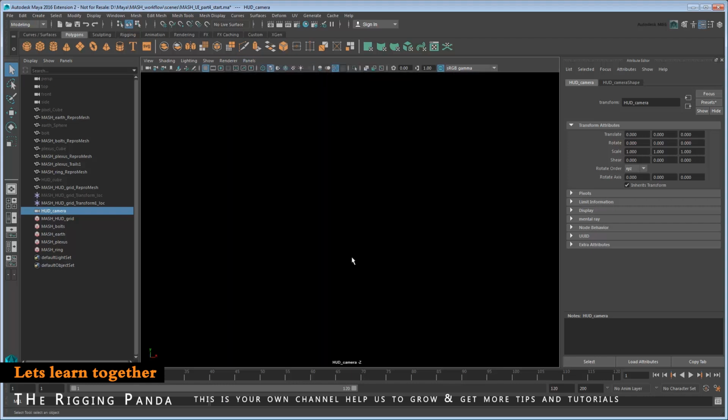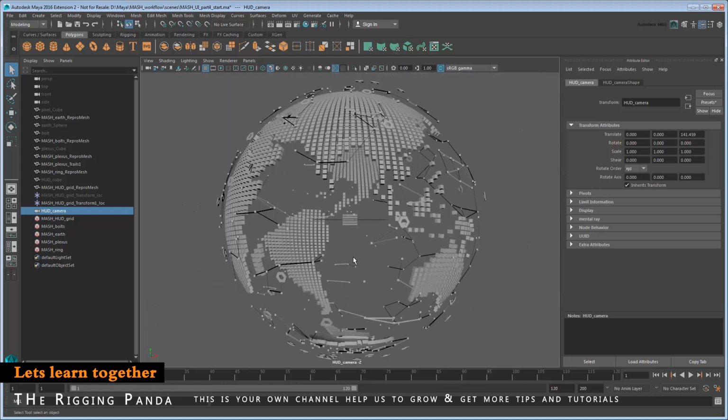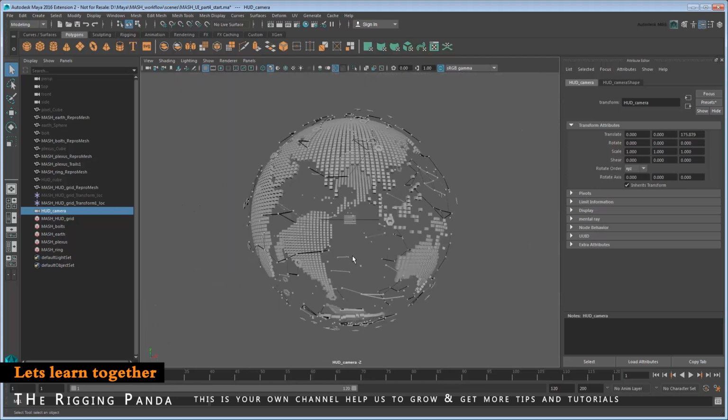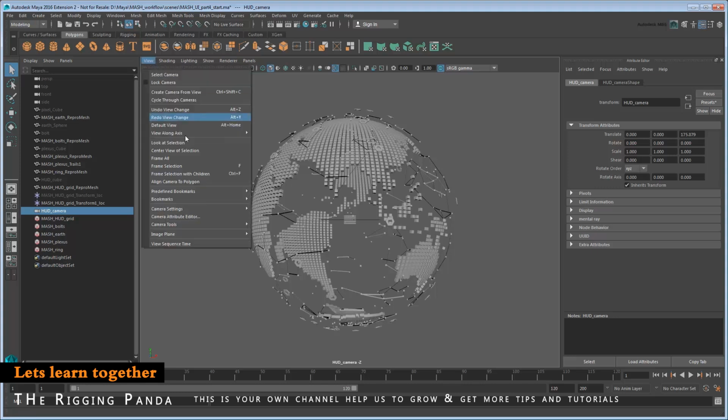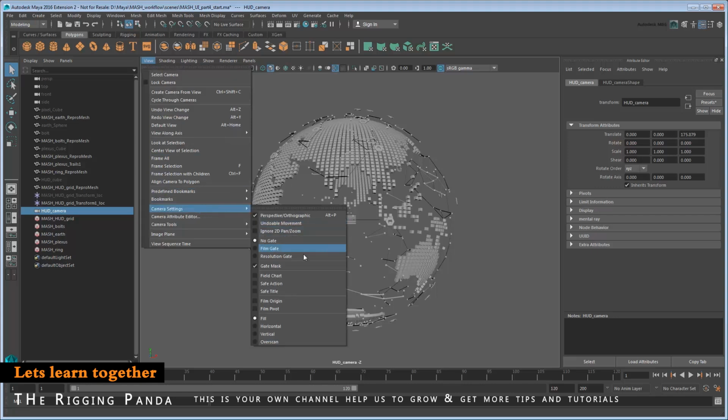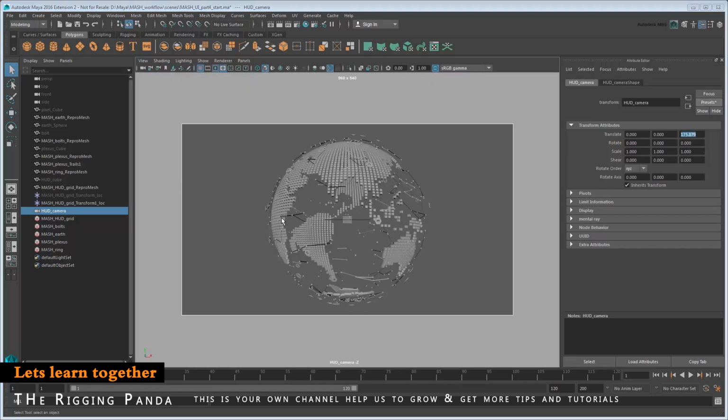Look through the HUD camera, then pull it back until it frames the globe. Try to keep it looking down the Z-axis, since that's what we oriented our rotating cube to. Once you've framed the globe, there's a couple more things to do before positioning our element. Go to View, Camera Settings, and turn on Resolution Gate. This will show us the borders of our camera resolution, which will make it a lot easier to position the